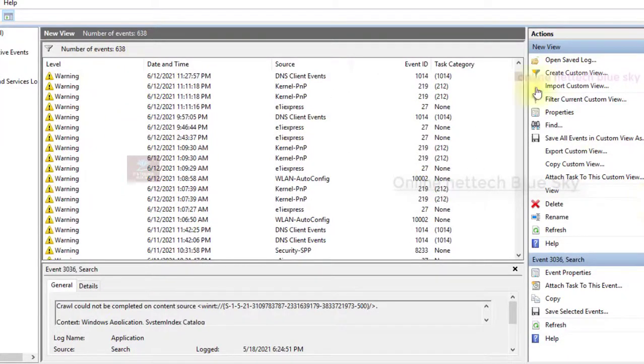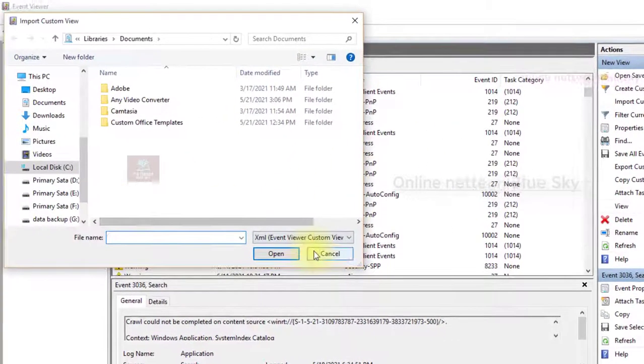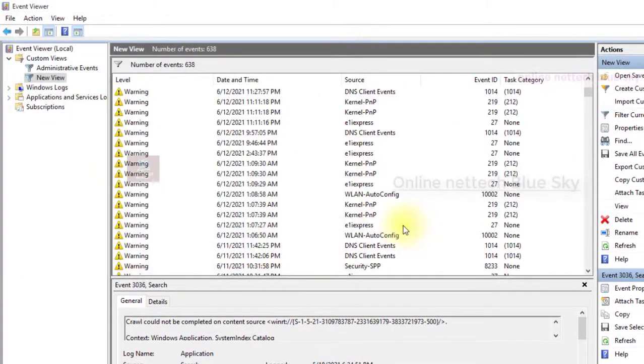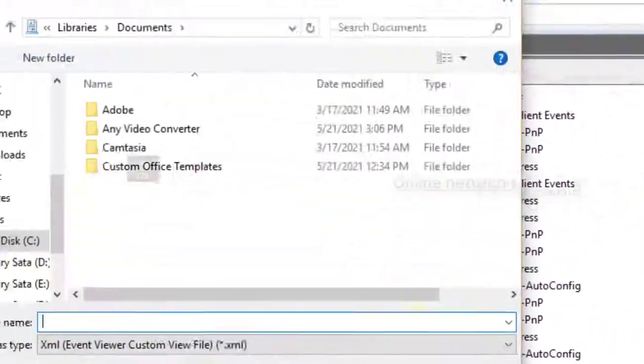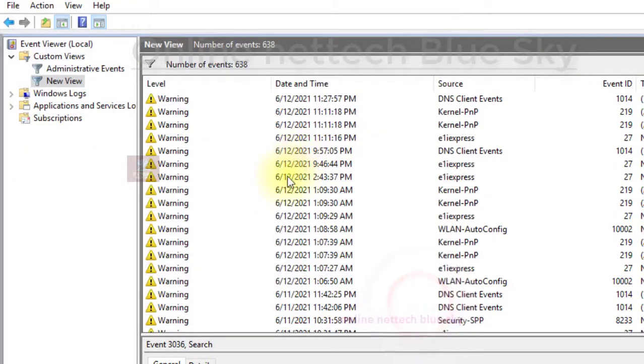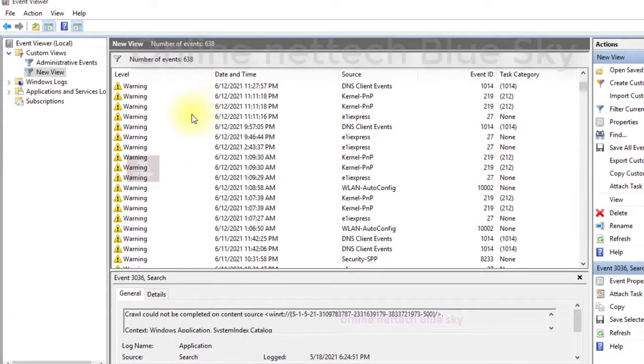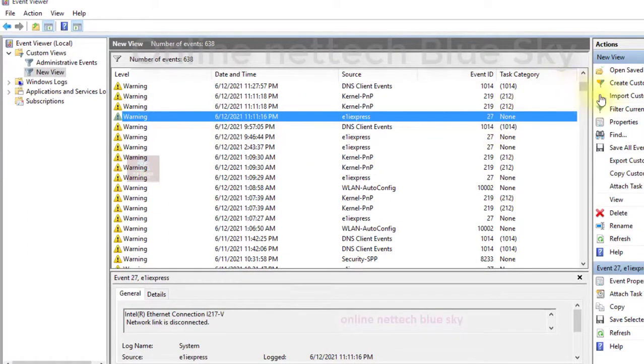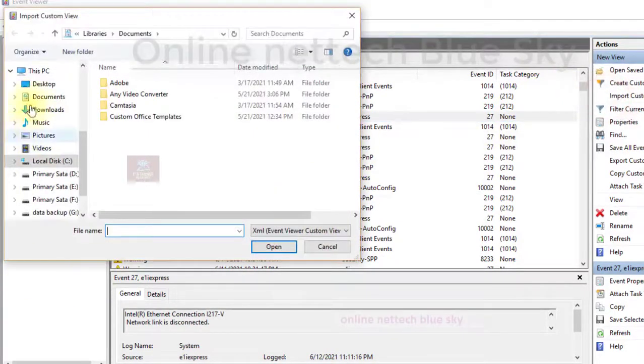So create custom view and import custom view. What is import custom view? Because you have already exported a custom view, and already completed and saved some settings, you want to import and reload your settings.